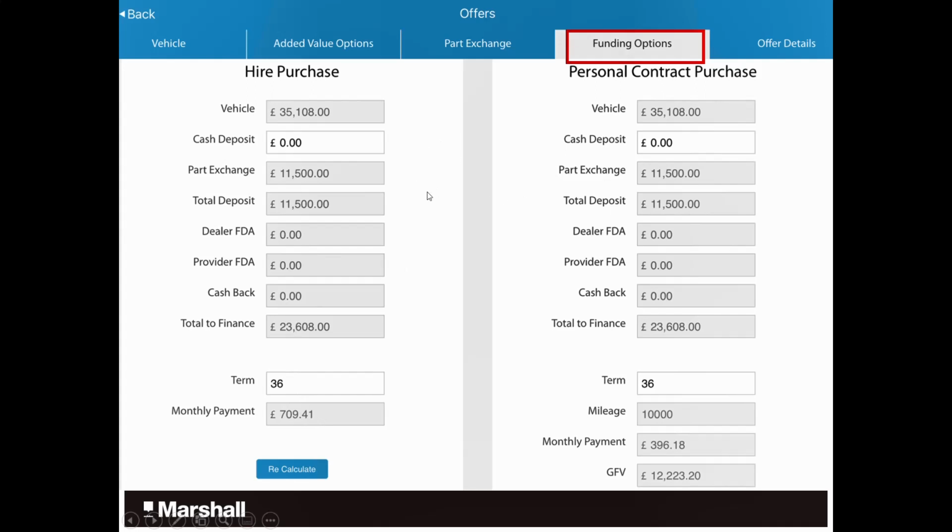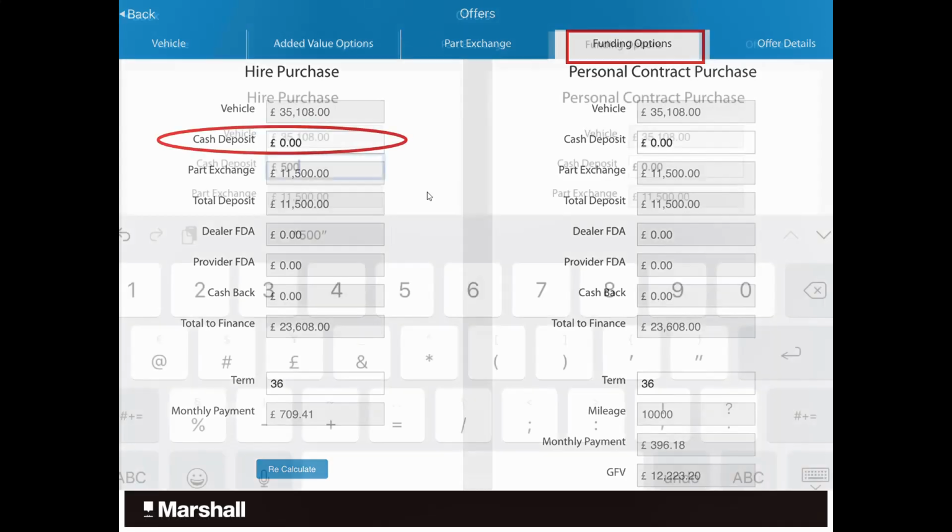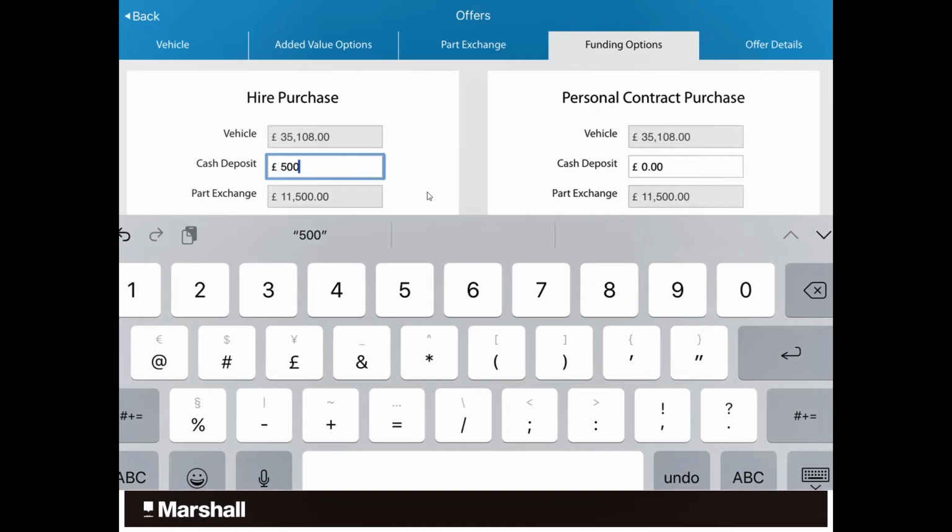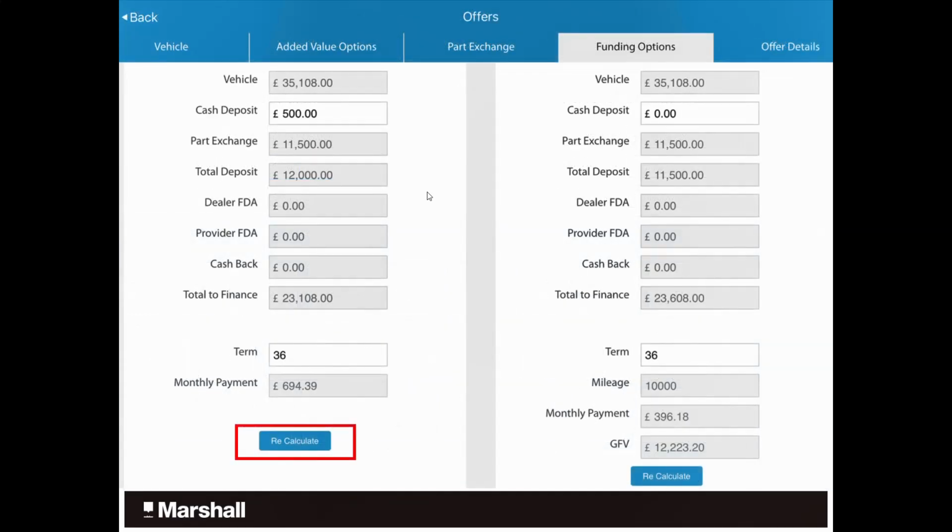And I emphasize again, with your permission, the salesperson can profile. So what they could do is click into the deposit box, type in a deposit, 500, press recalculate, and it would change the payment. So they could put in 1,000, 2,000, 3,000, and see where the payment needs to be, and then say